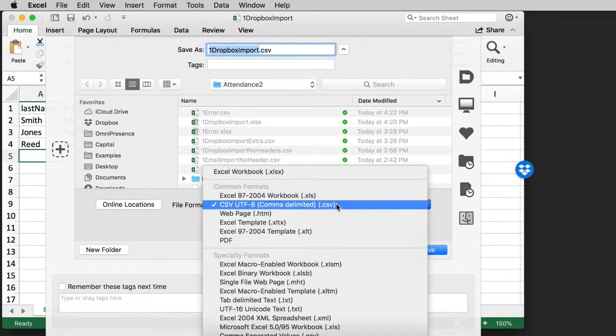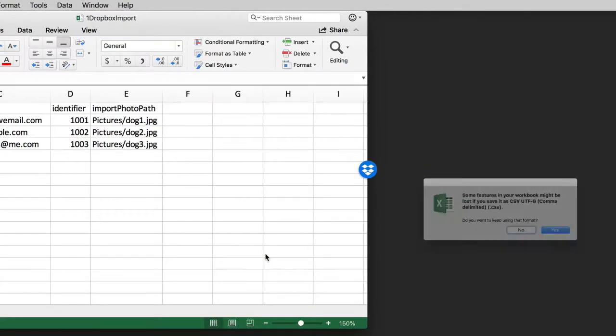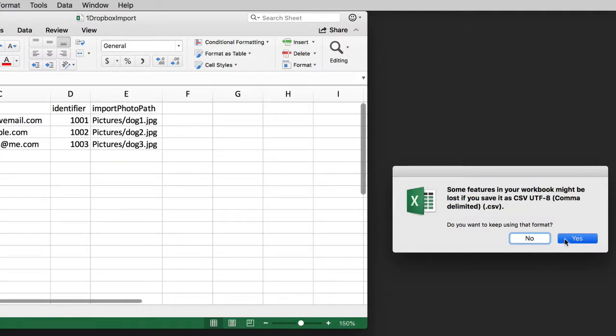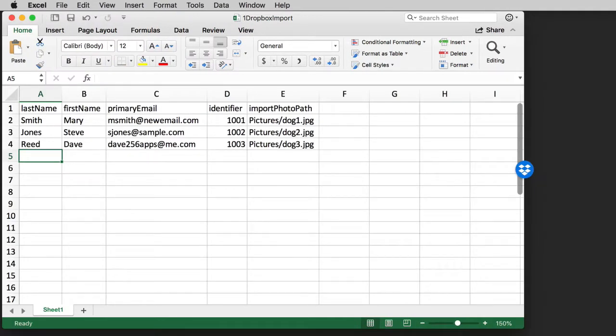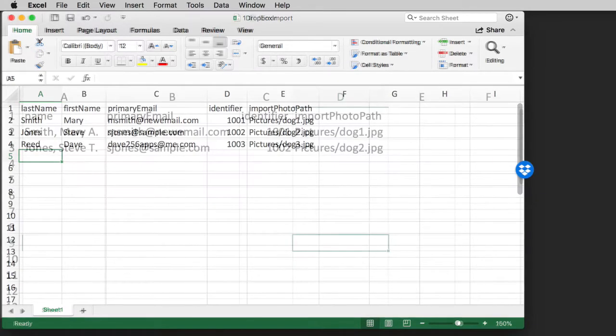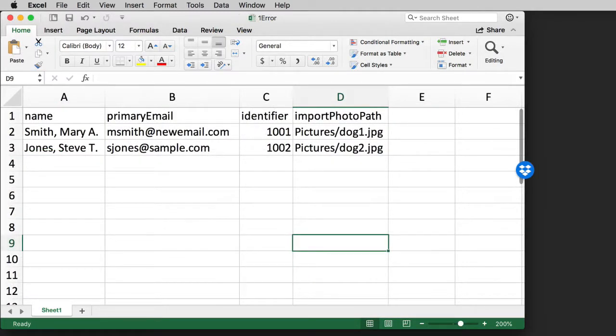If you aren't importing photos, you can email the CSV file to yourself and then import it via the email attachment on your iOS device. If you want to import photos from Dropbox when importing the CSV file, you must put the CSV file in the Photos in Dropbox. One important thing to note with your CSV files is that you do not want the